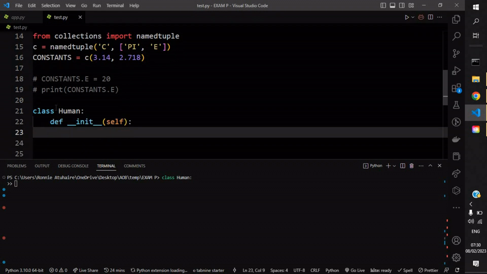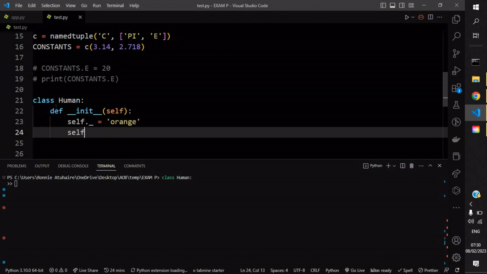So one way to declare variables protected, I will explain, you just have to use a single underscore, then maybe give it a value, for example orange.